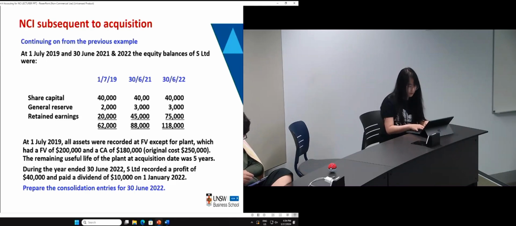Okay. Now this is your subsidiary's acquisition date recorded equity balance. That is the pre-acquisition equity balance. Okay. And this is the balance at the beginning of the current year because current year ended on 30 June 22, right? So the balance on 30 June 21, these represent opening balance of the current period. And this is a closing balance. Okay. All right. Now, so what else we need to know?